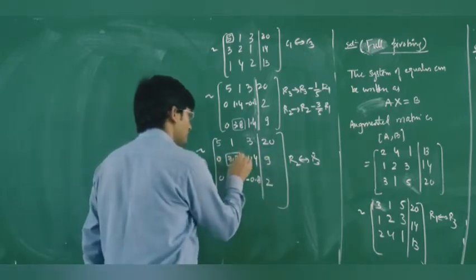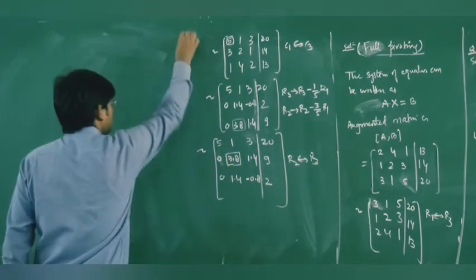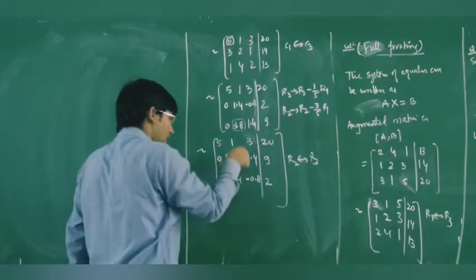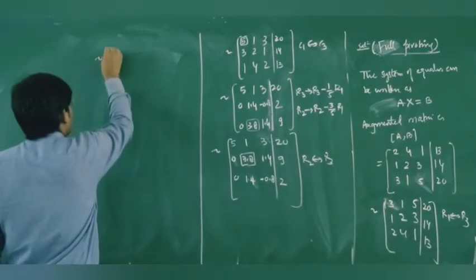Now this is your numerically largest value. With the help of this element, which is our pivot element, we will try to reduce this element to 0. So let us take the operation